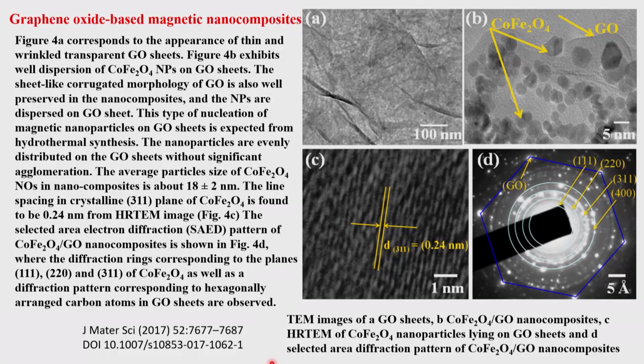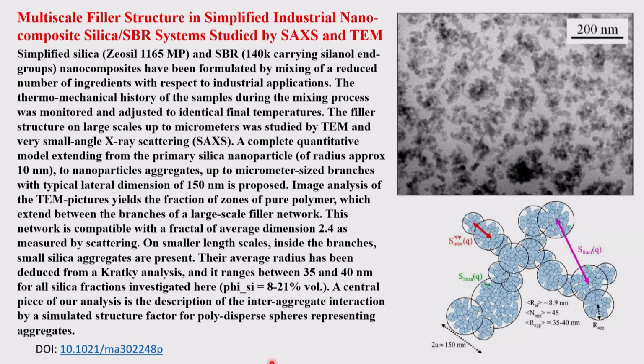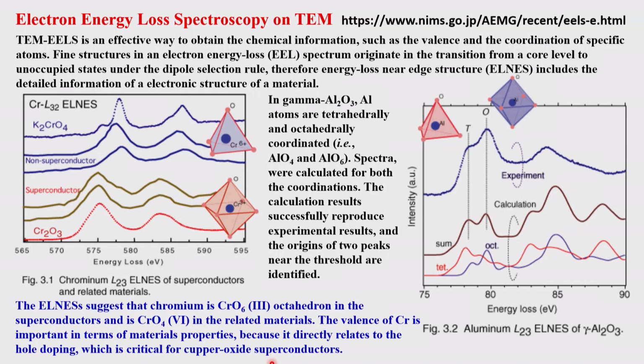And we also looked at graphene oxide based magnetic nanocomposites like cobalt ferrite, CoFe2O4, and their crystal structure, their domains being identified. And you can also look at these silica-based composites, which form different aggregates, and the overall aggregates individually, using both the TEM pictures being modeled by using small angle X-ray scattering. And then we have also shown that